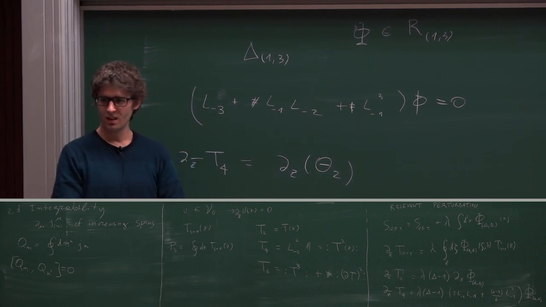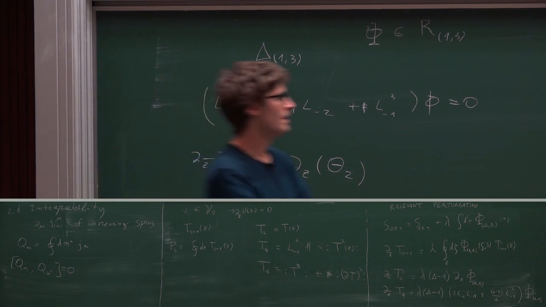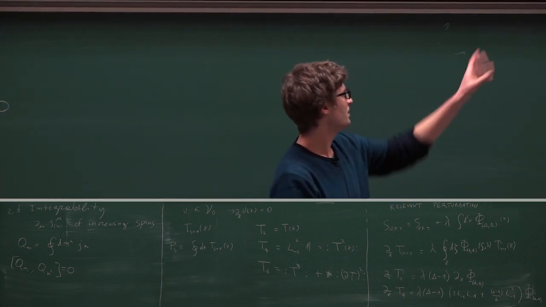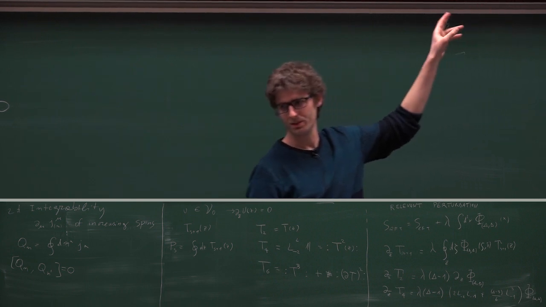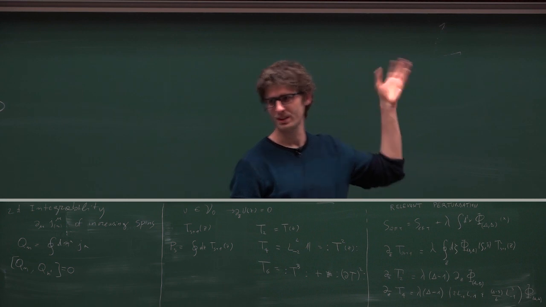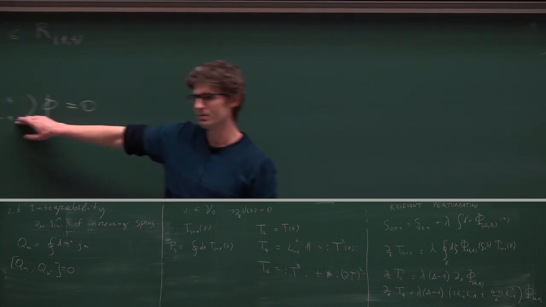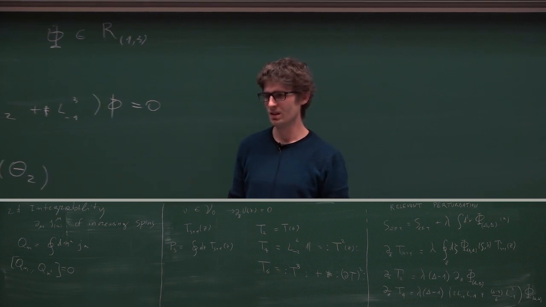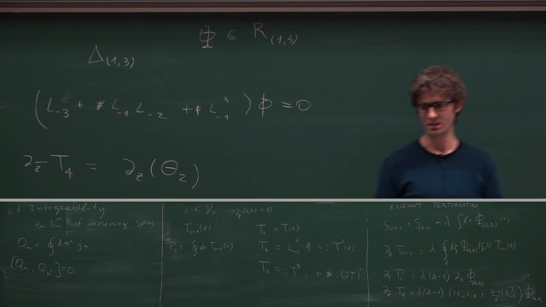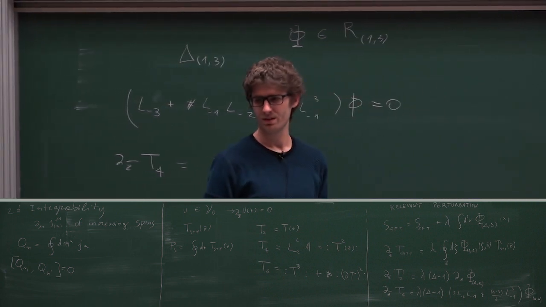Sorry, I'm a bit slow. You want to eliminate the L minus 2 from that equation? Yes, you can use the Virasoro algebra to rewrite L minus 2 L minus 1 by bringing L minus 1 to the left, but then you get an L minus 3. And you want to kill the L minus 3, and you can do it with this equation. So you want to have L minus 1 of something, so that you end up with an L minus 1 to the left of everything, which is a total derivative.